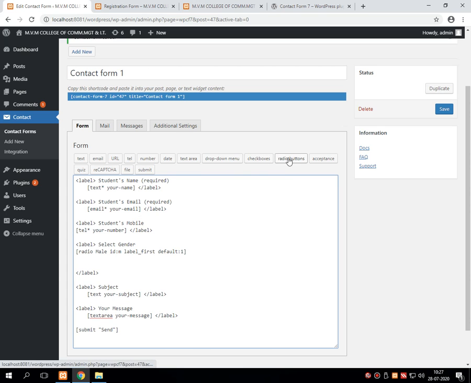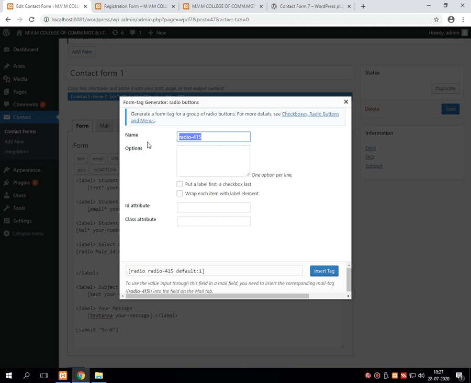One more option I am adding over here, female, giving F, and here I am writing options equals to one option per line. For example female, again I am writing over here.